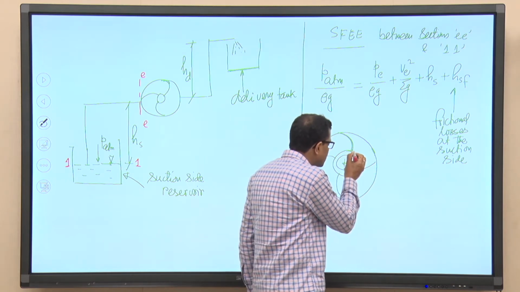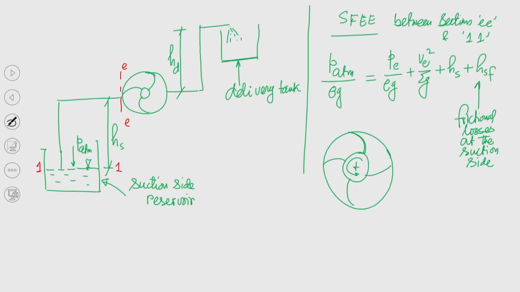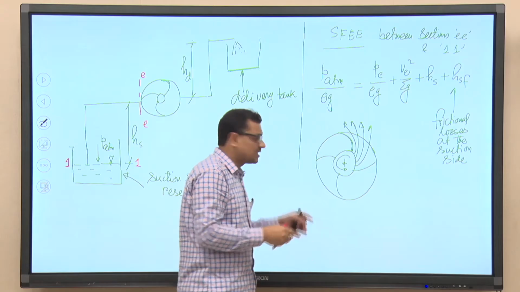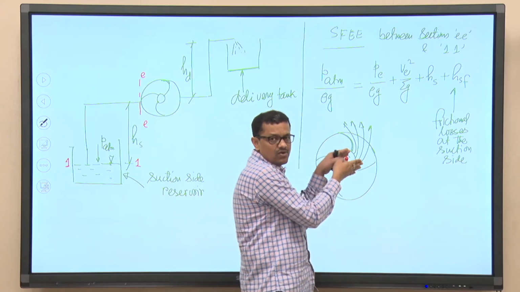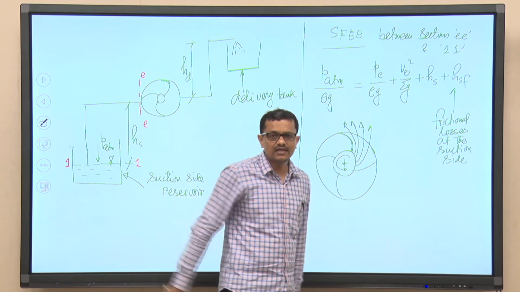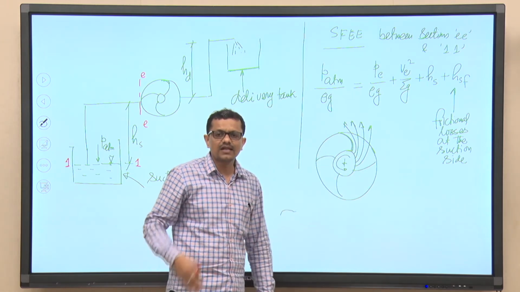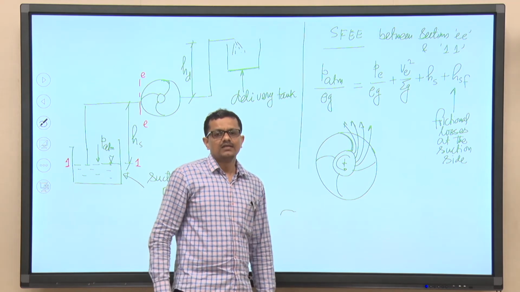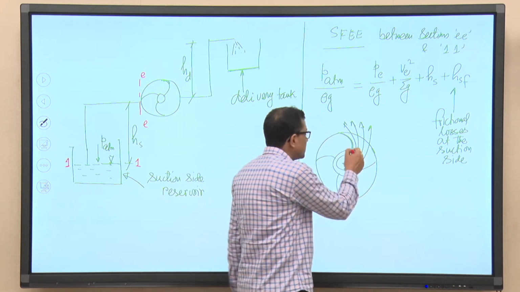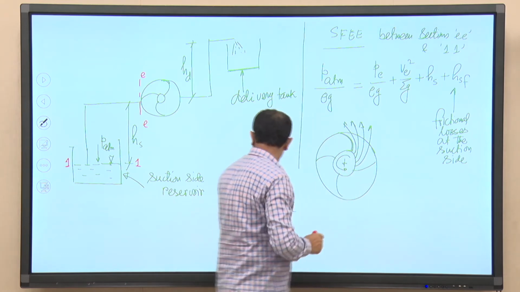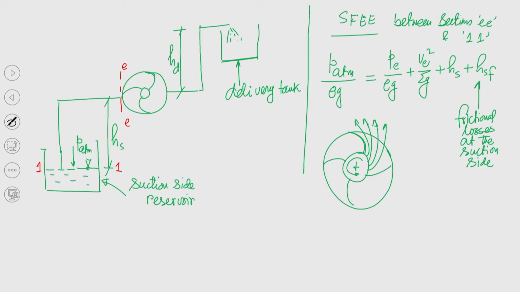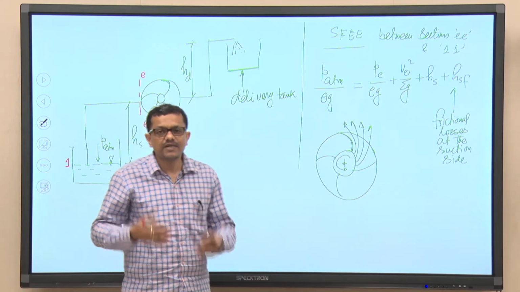when the liquid just enters slightly inside the passage which is between two consecutive blades, then you can see that because of the very narrow cross sectional area, velocity will increase, kinetic energy will increase. Since the total energy is remaining constant, pressure will be reduced, and this particular place, not exactly at the leading edge but slightly inside from the leading edge, is where cavitation is expected to occur.